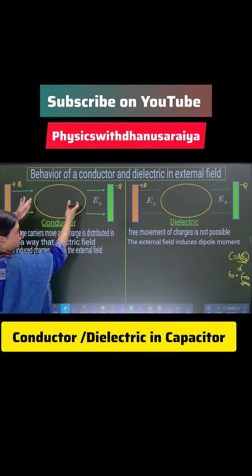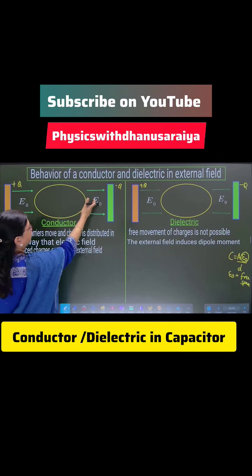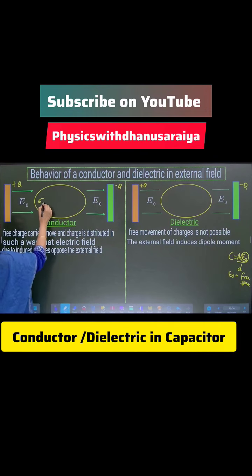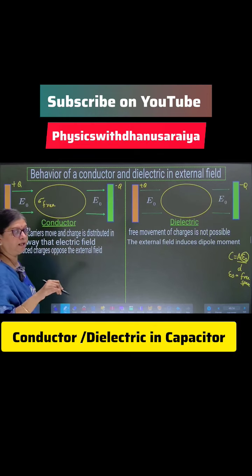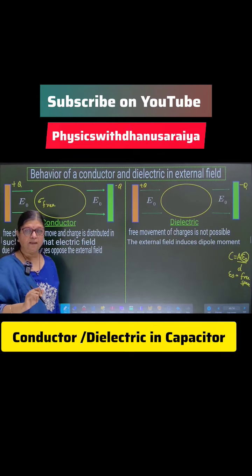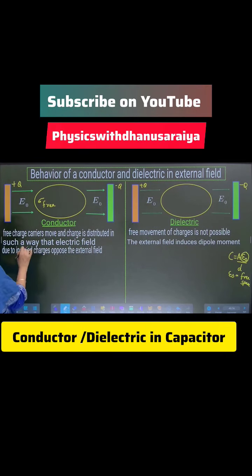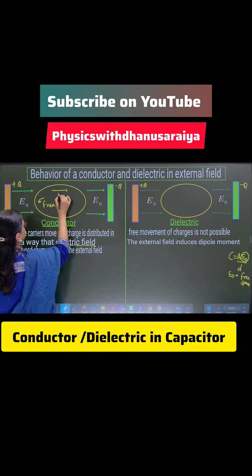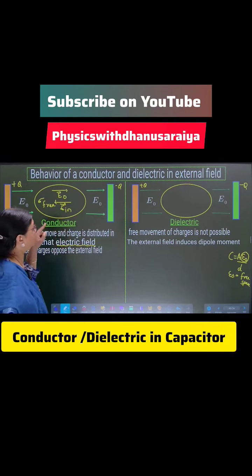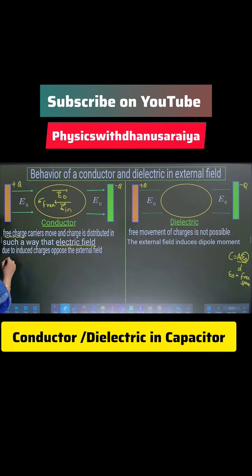As soon as I place this conductor in the external electric field denoted by E naught, there will be free charges which will be induced by the external electric field, and these induced free charges will drift, will move, will distribute themselves in such a way that they produce an electric field. So, if at all the external electric field is denoted as E naught, then the induced electric field will be denoted by E in. And as you can see, the directions are opposite, and this process will continue unless a